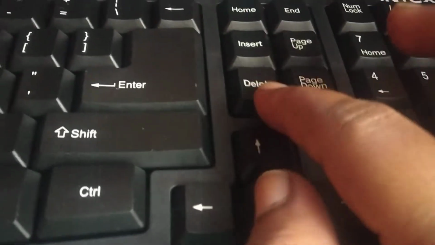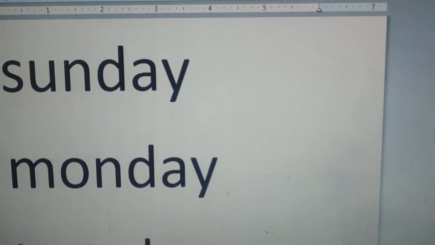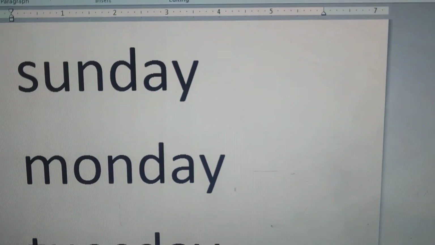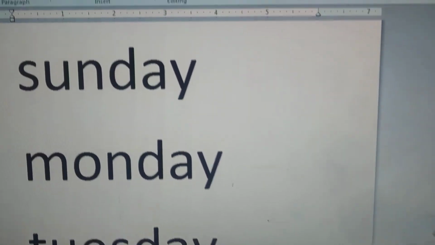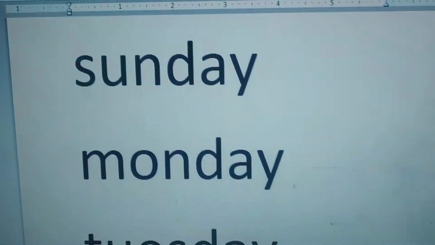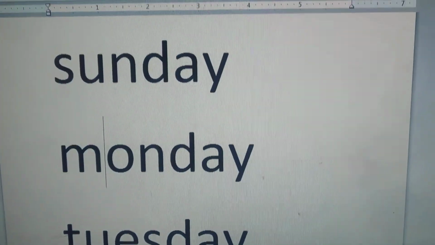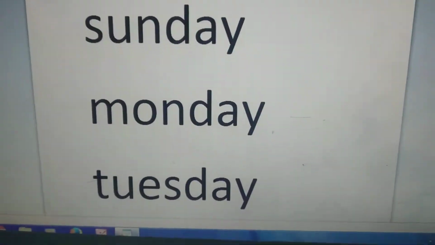Now see, I am using this up button. See, my cursor is moving upside. I am using the left button, then my cursor is moving left side. If I press this downside button, then my cursor will come downside. If I press the right button, then it will go to the right side.